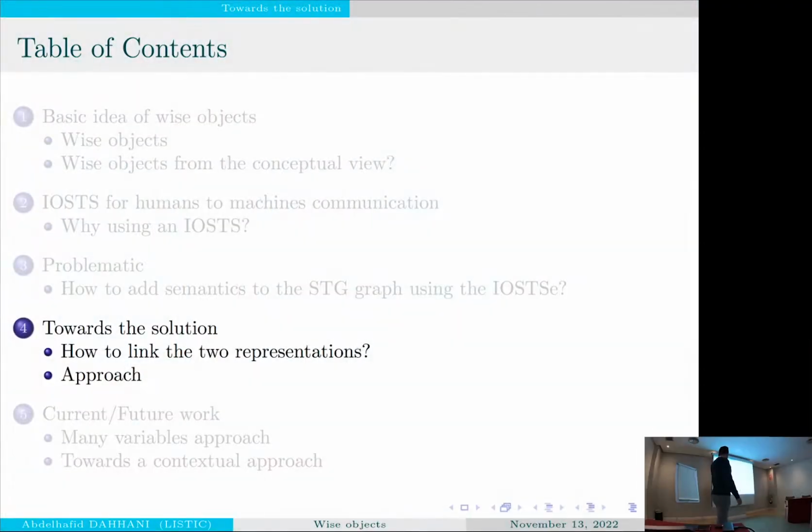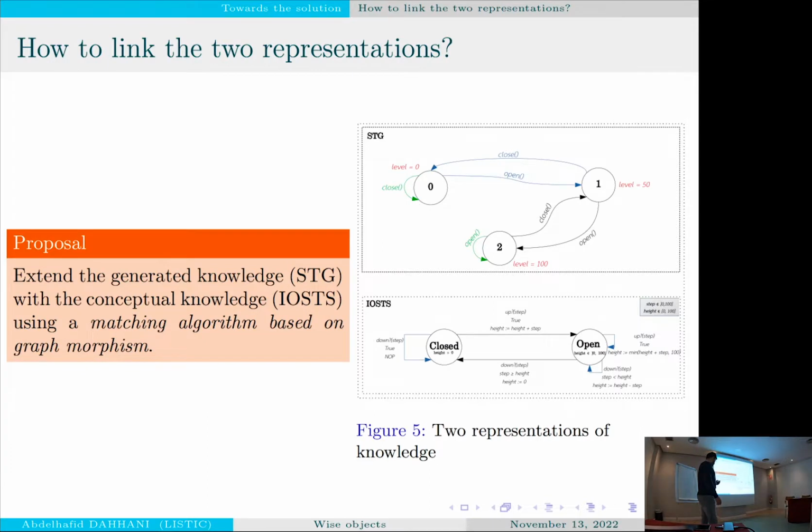So, the solution we use here. We have the first graph here and the second graph here. This is the STG and this is the IOSS. As you can see, we have level equal 0, level equal 50, and level equal 100. And here we have the IOSS with another variable, height, and the same kinds of variables. But I have something more specific about level.